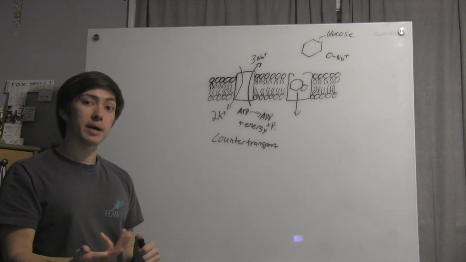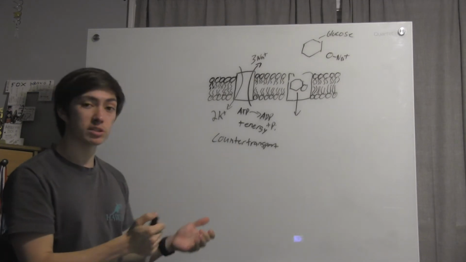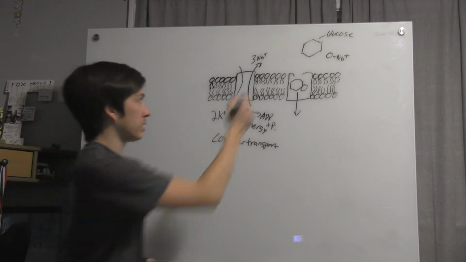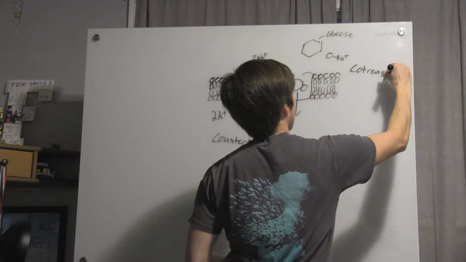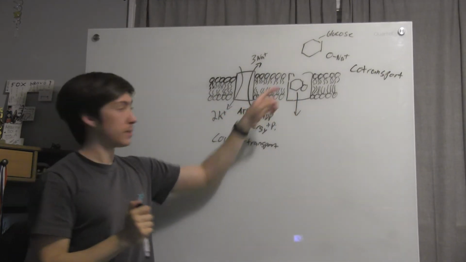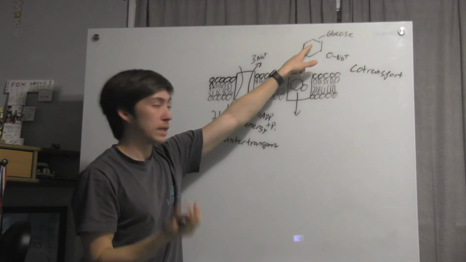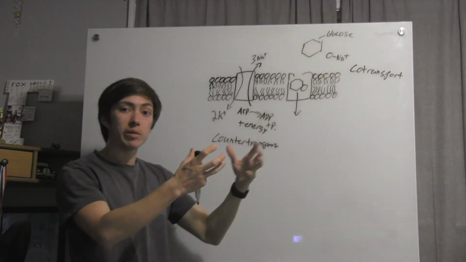And the reason we're going to let it back in is so that we can get another kind of molecule in, right? So this is going to be our cotransport. Cotransport over here. So in cotransporting it, in this example, we're taking a glucose with the sodium and bringing it